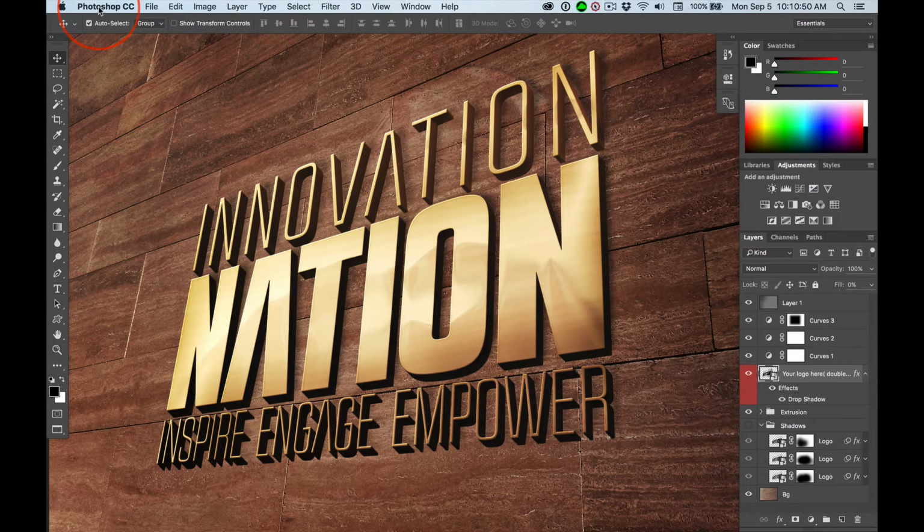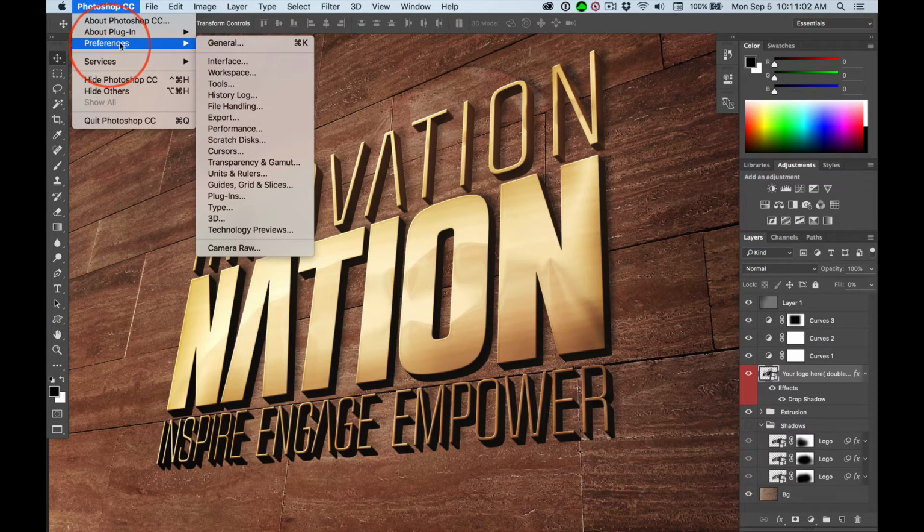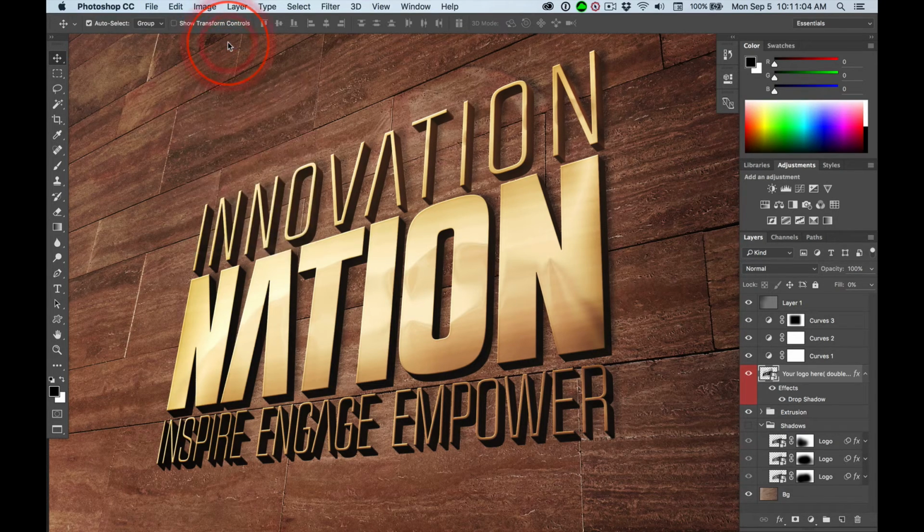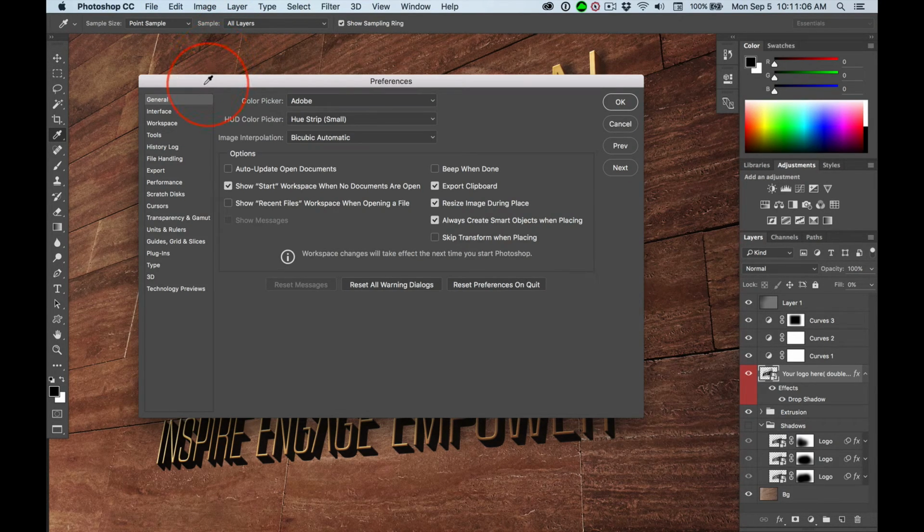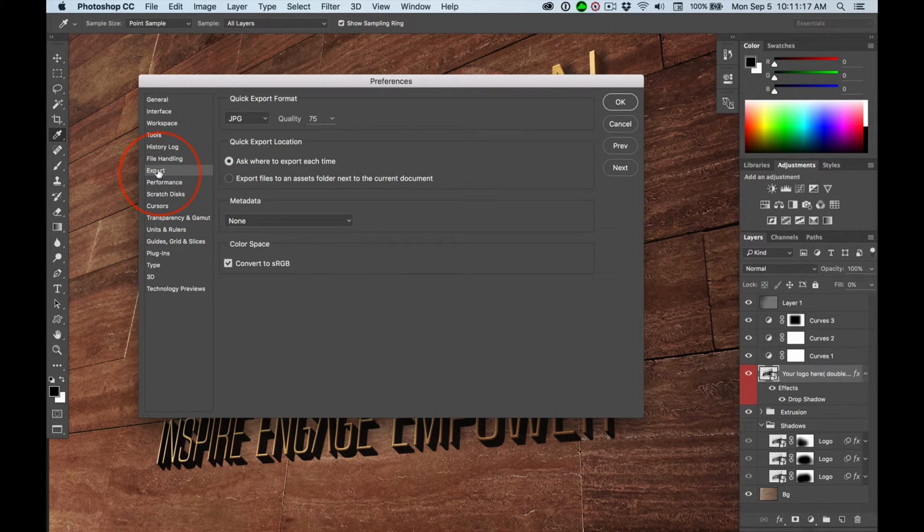I want you to pause this video if you don't have Photoshop running. Go ahead and launch Photoshop and then come back to the video. All right, once you're in Photoshop, you don't have to have anything open. Just come up to Photoshop, Preferences, General. I want you to make this change so that all of us have the exact same settings. Under the, well, I shouldn't have went to General because actually we're coming down to Export. I'm not going to record this again.